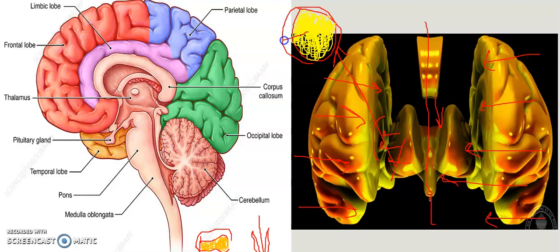In this view, the thalamus is located here. Only this yellow color region can be seen in this cross-sectional view. This red color area is deposited inside our cerebral hemisphere. I hope you all understood this.